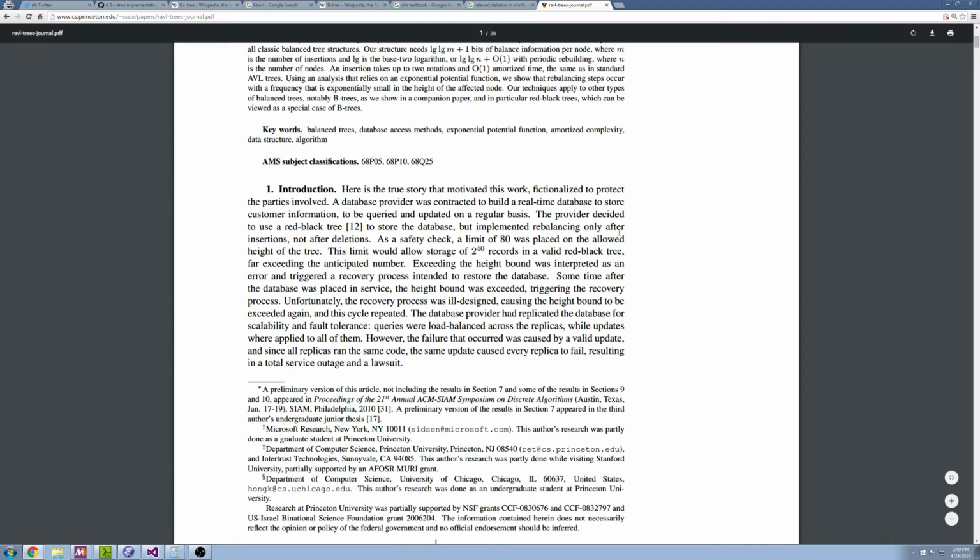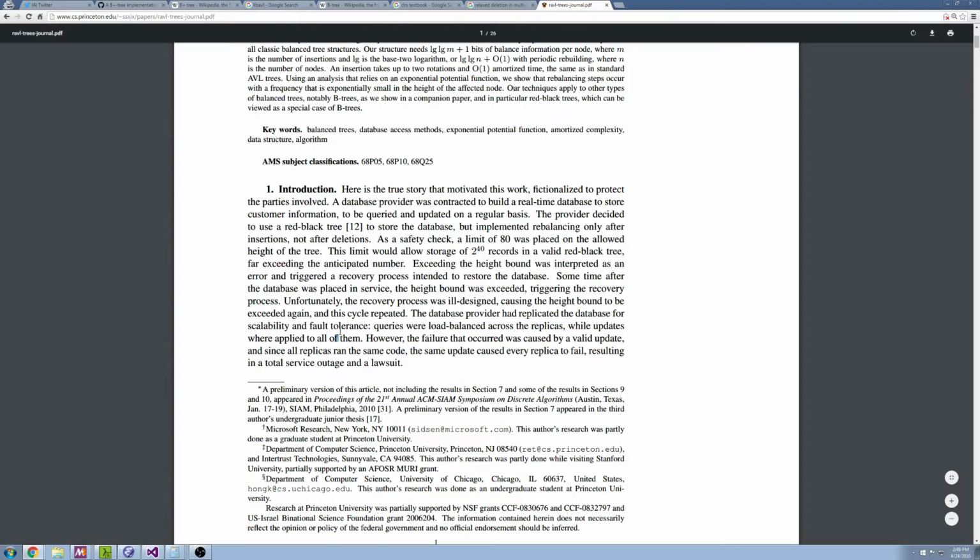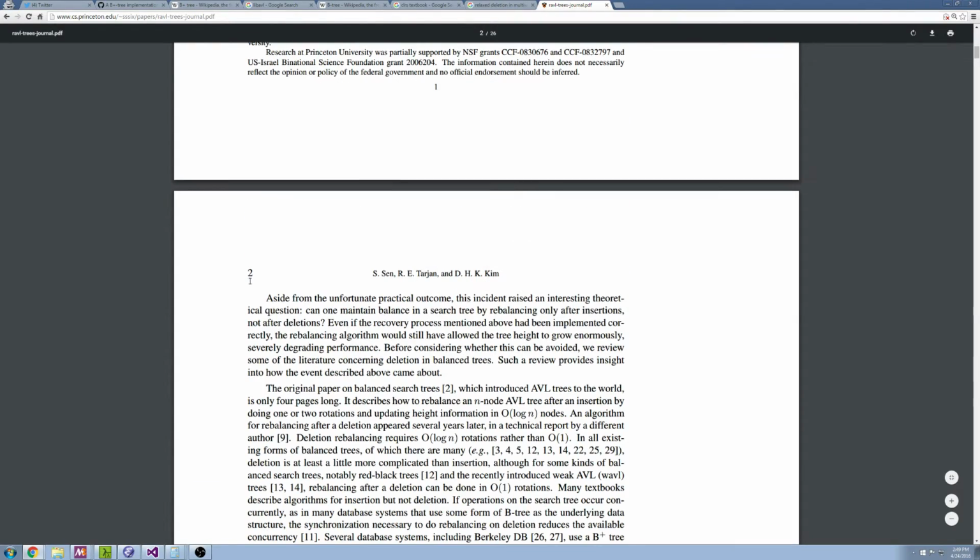So there's a database provider who's contracted to build a database, and they used a red-black tree, but they only did rebalancing after insertions, not deletions. And it turns out that that doesn't work. And so the question is, why does it work for B trees? Because, I don't know if they mentioned that,